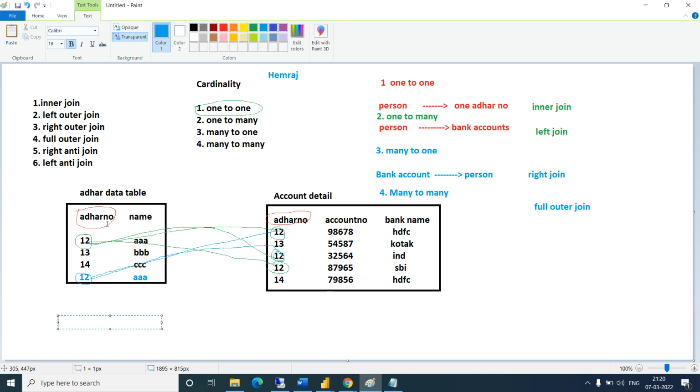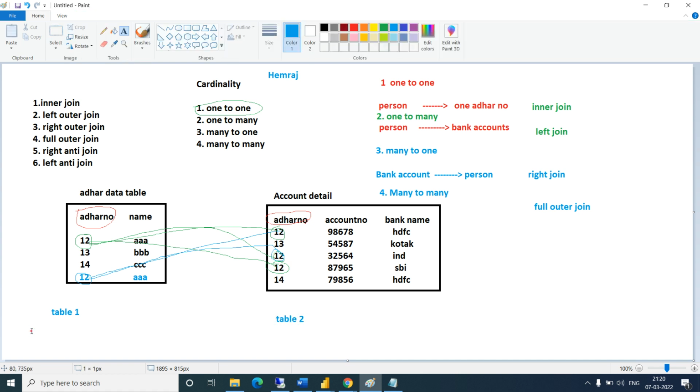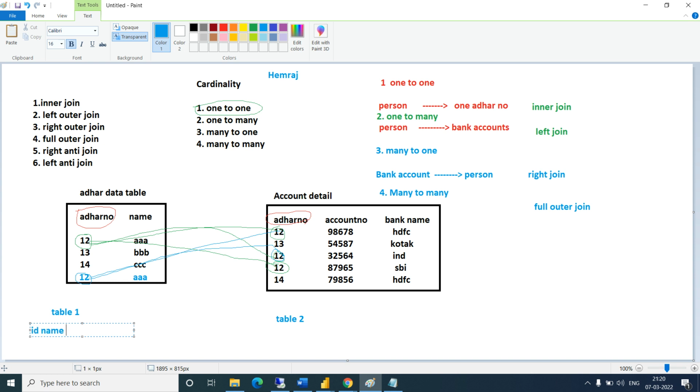Same name of column means, let's say this is table 1 and this is table 2. In table 1 you have ID, name, salary columns. In table 2 you have ID, name, and something different like bank name, SID.